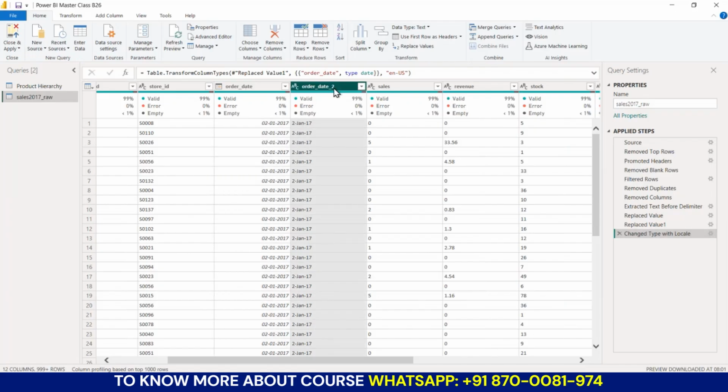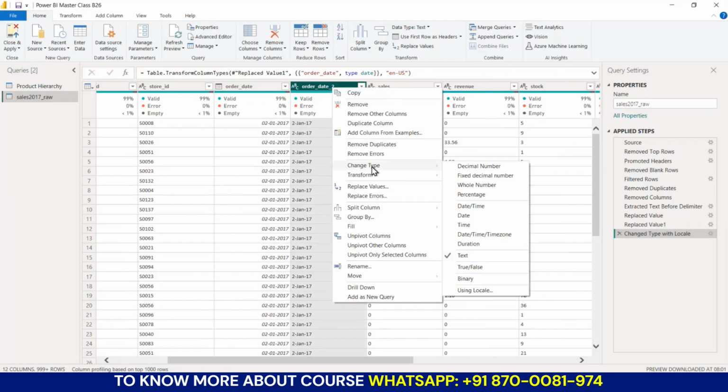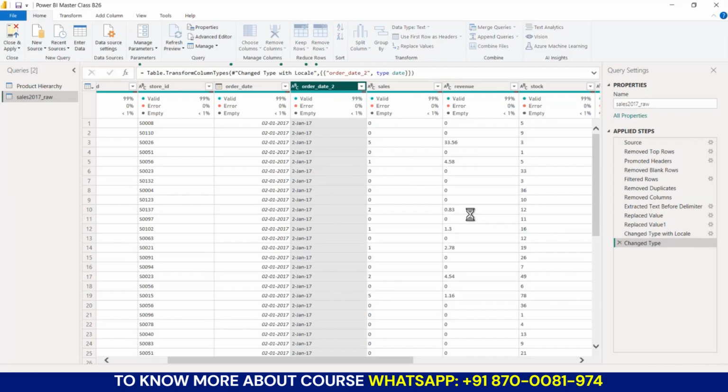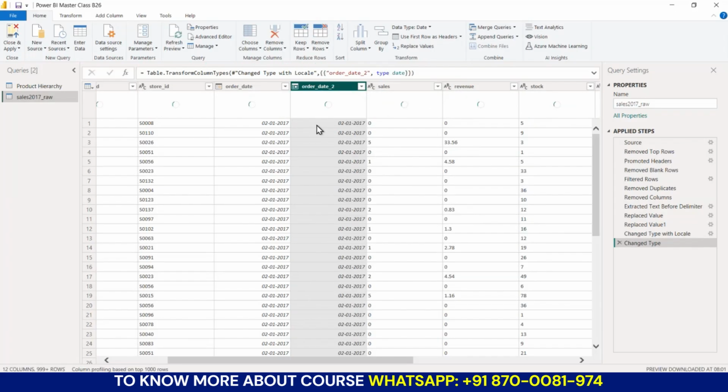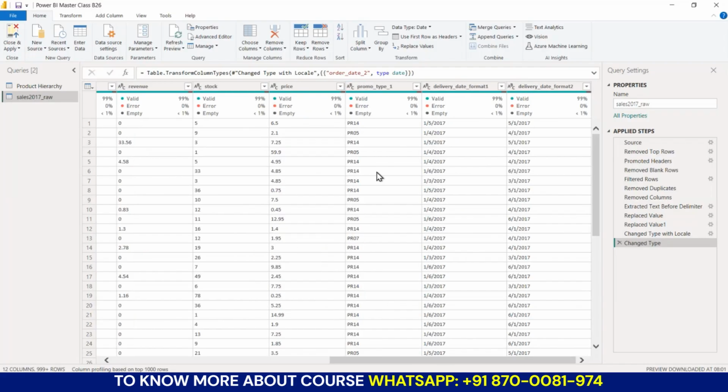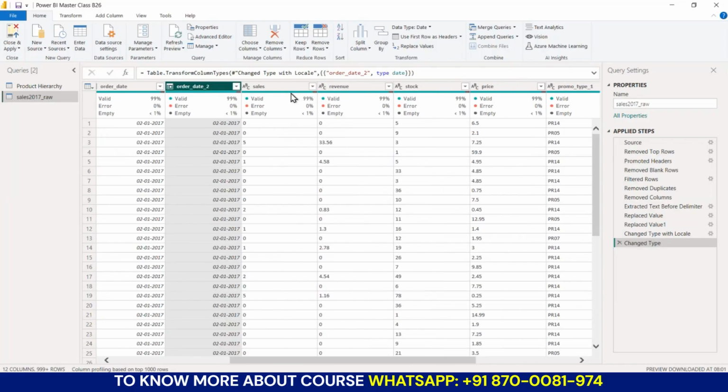Okay, quickly, I will just make this as well. Since it's in my local date format, I can simply change it to date, Date, right? So now there is no error here. Now next, for the next data type, this one should be,